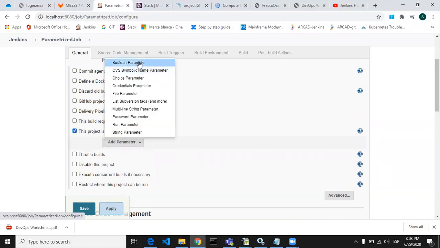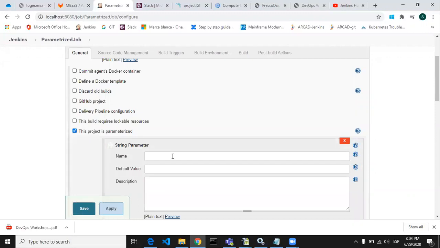There are multiple parameters that you can give to your projects, such as Boolean, choice parameter, credentials, file parameter, and string parameter. So I'll pick a string parameter and name it first name, with the default value Sachin.